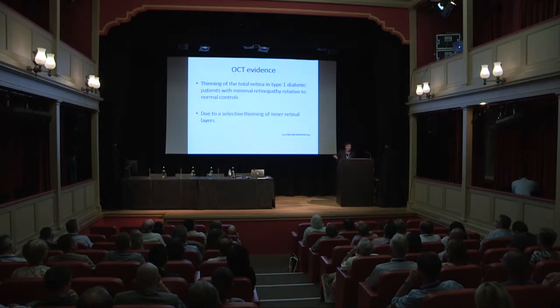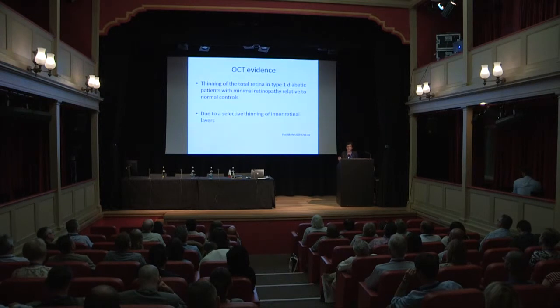And the evidence for it is OCT. As we know, for 5 years we have been doing OCTs on most of these patients. And we see thinning of the total retina in type 1 diabetes in patients with minimal retinopathy compared to normal controls. That means there is selective thinning of the inner retina before the onset of